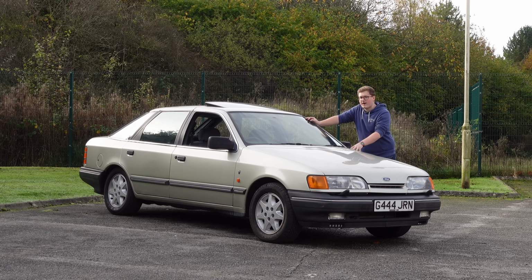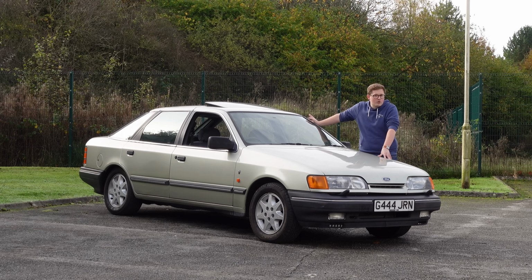By waiting 5 years from the Mark III Escort to the Mark III Granada, it appears as though Ford had just stepped off the ball a little bit. They'd waited that little bit too long, and so when the Mark III Granada came along, it wasn't all that much of a news story. And of course, there's a reason Ford no longer inhabit this market segment,